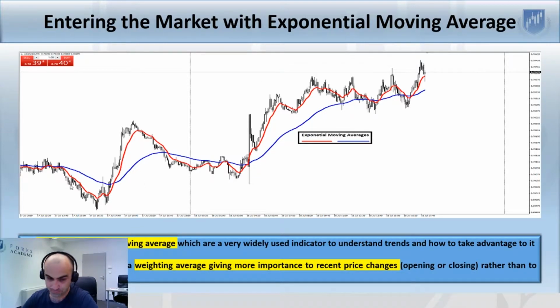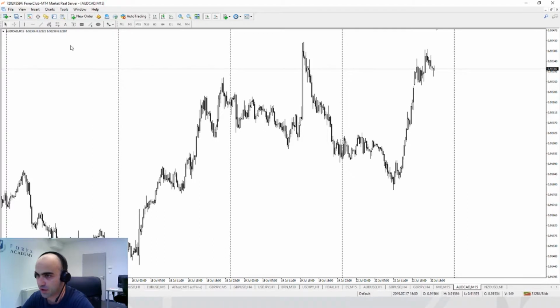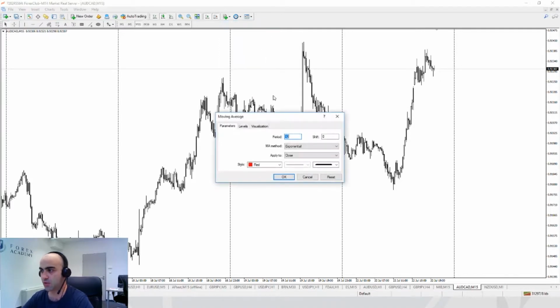Therefore, after saying that, I just want to introduce you to this concept by showing you on a graph. Here we are on Australian dollar, Canadian dollar, a very much correlated currency pair because it's driven by commodities. I believe this is also a very interesting currency pair to invest in and see how the commodity market is going. It can give you an outlook, but this is another story.